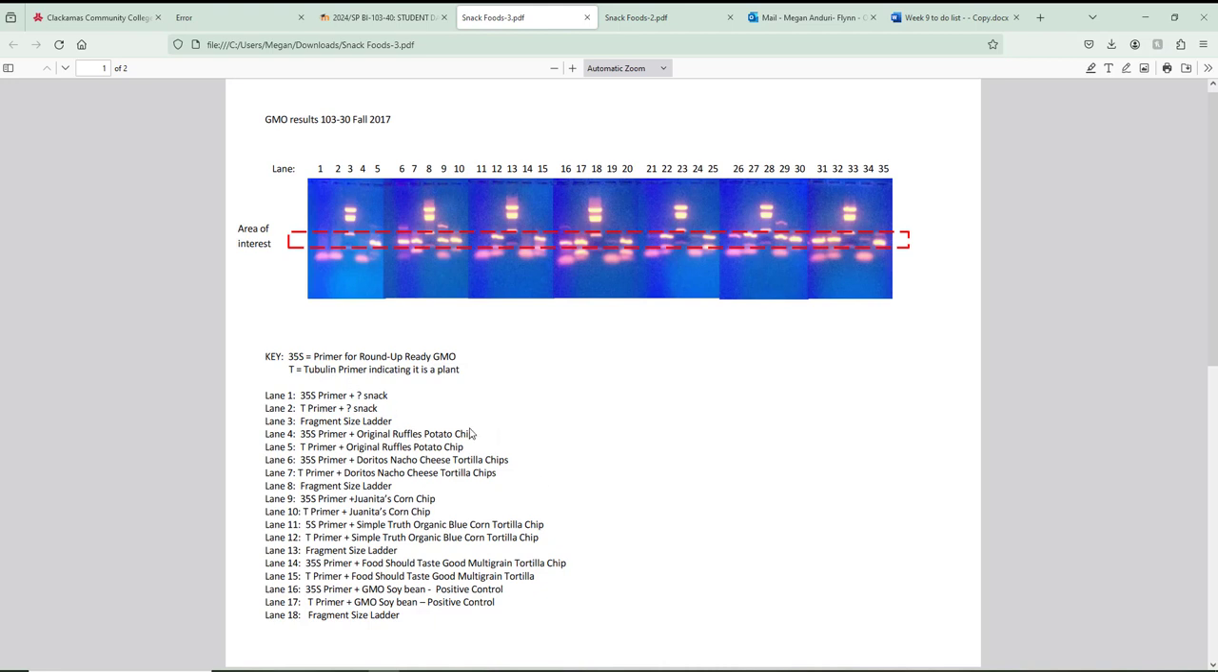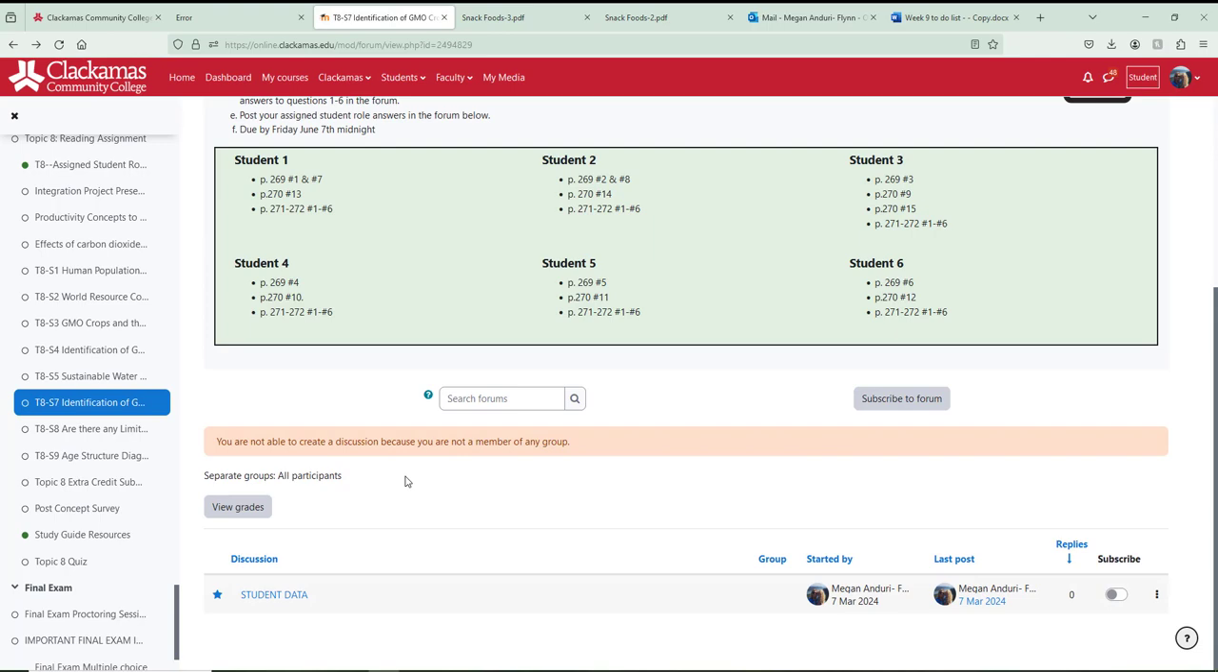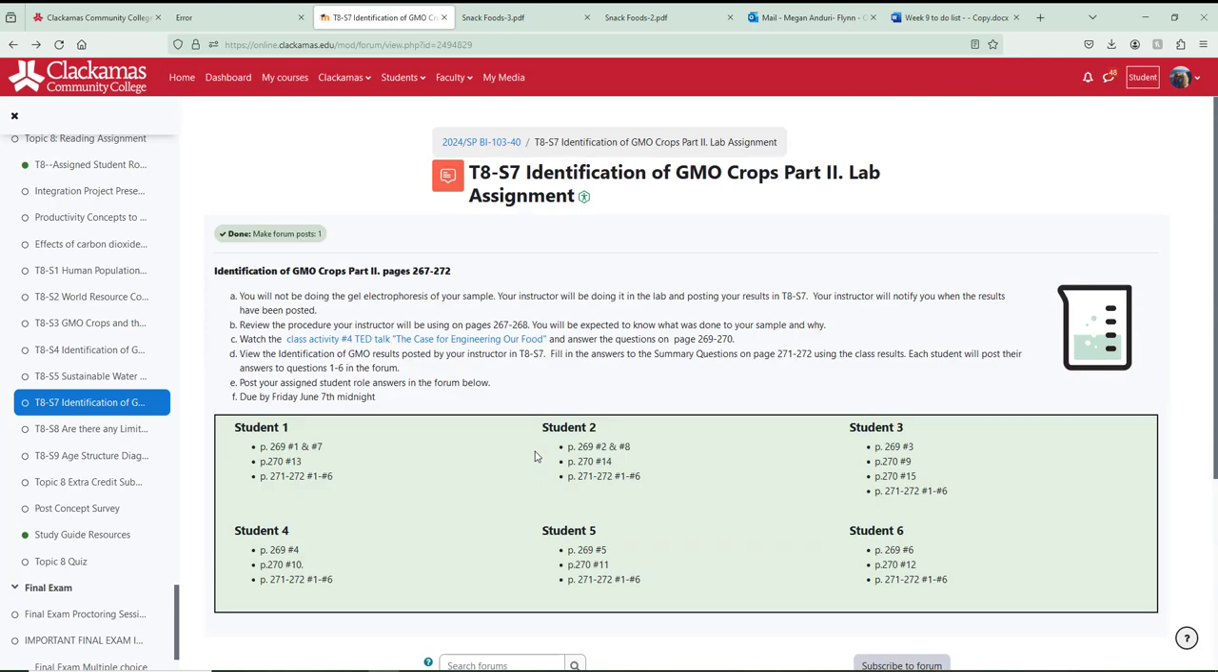So far we see that the original Ruffles potato chip is not GMO, but the Doritos Nacho Cheese tortilla chip is a GMO crop, or contains that GMO DNA. Okay. So in addition to taking a look at that data and reviewing it and writing it down,